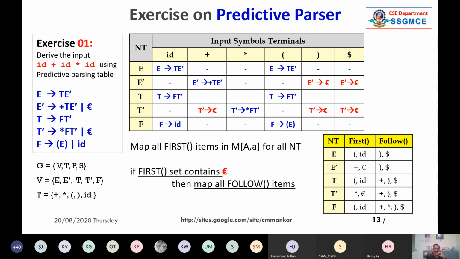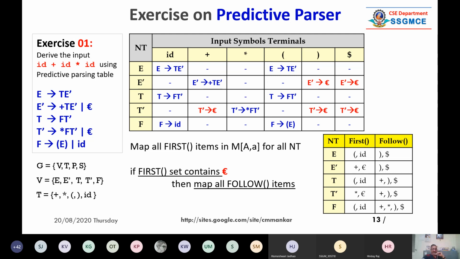And see, there are blank entries. We are putting a dash there. Now this is nothing but the error situation. If you encounter these blank entries, it means that there is some kind of syntax error. We don't know what kind of syntax error, whether you are missing some comma or symbol or sign or operator or whatever. But blank entries tell you about an error, a syntax error in the parsing.